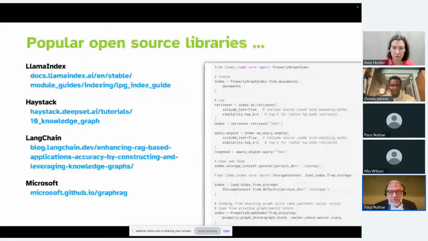There are popular open source projects in this area, such as LlamaIndex, Haystack, LangChain, etc. I'm showing a little bit of code from the LlamaIndex property graph GraphRAG approach. And these are popular. These are great. I will say that these libraries are pretty large, and in production work, a lot of teams probably tend to go and build their own after they get started with some of these libraries.